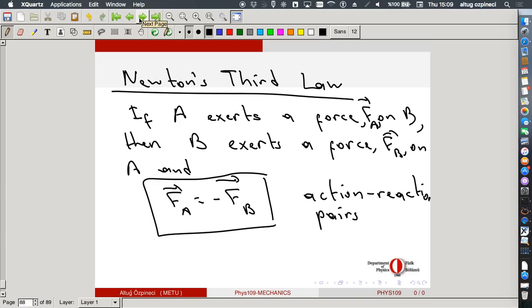Now, this is the correct mathematical expression. You see, I have these two vectors. I know that these two vectors are in opposite directions. They have the same magnitude, they are in opposite directions. If you multiply a vector by minus 1, take Fp, multiply it by minus 1, you get a vector that has the same magnitude as Fp, but pointing in the opposite direction. But the vector that has the same magnitude as Fp and points in the opposite direction is Fa. So this minus sign has to be there.